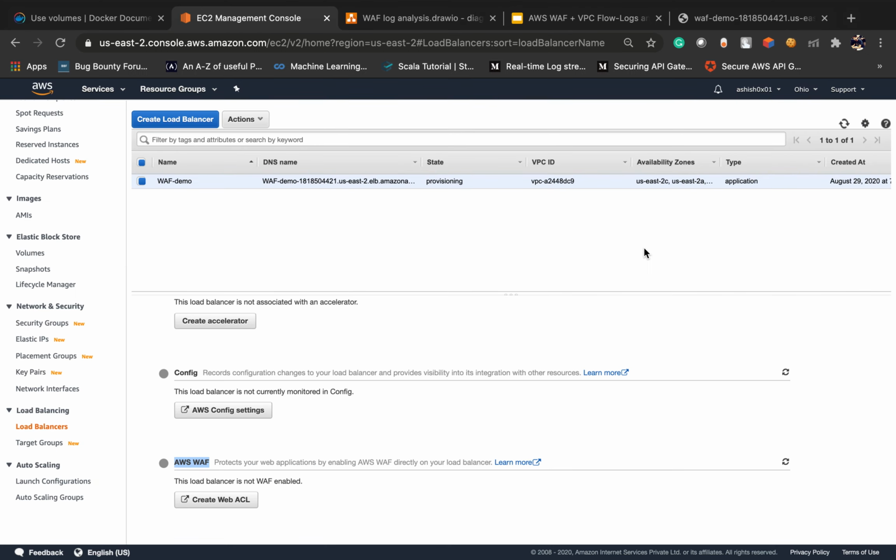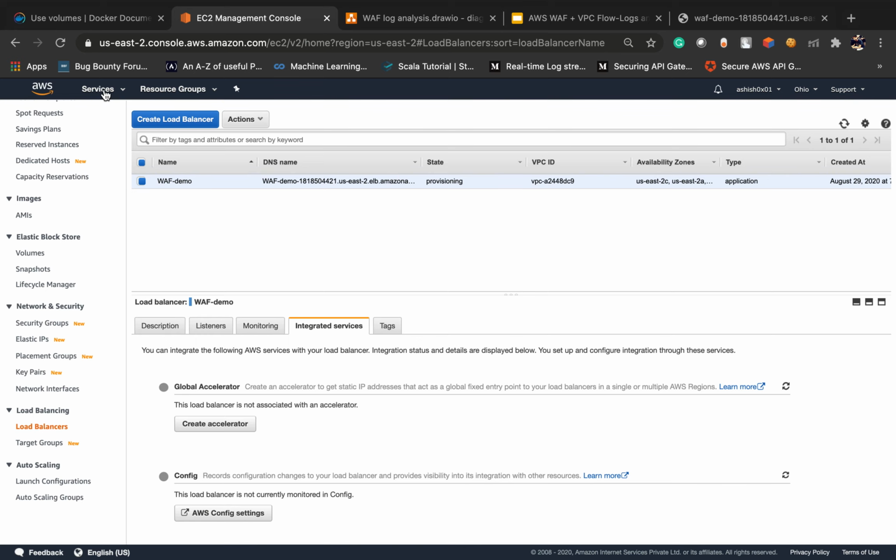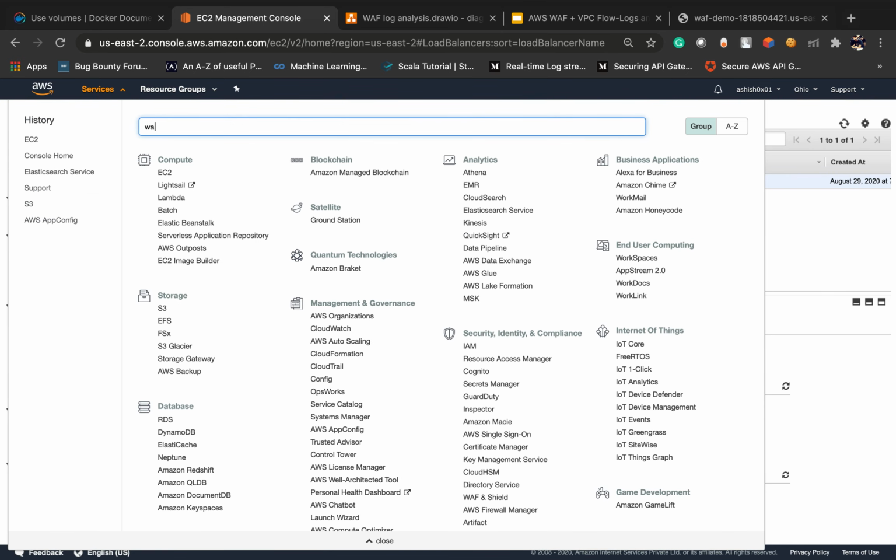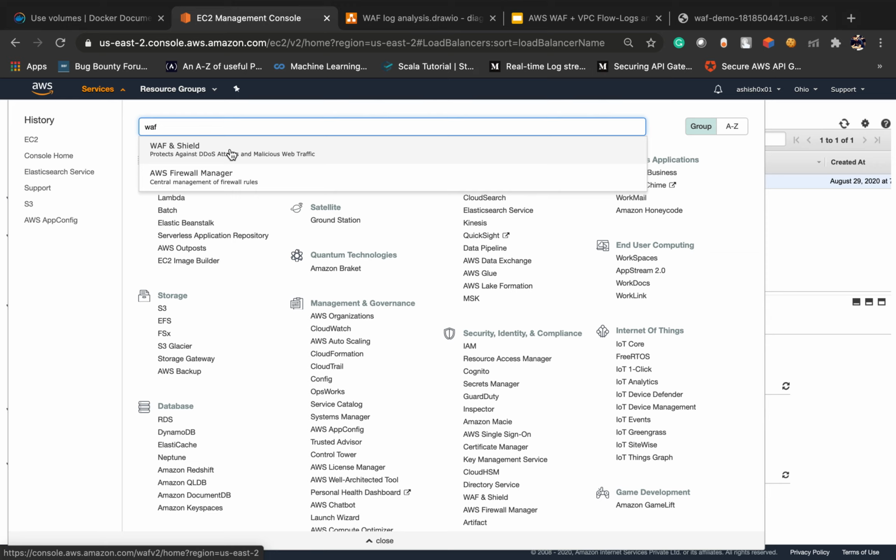Here is our application load balancer. Search for WAF.